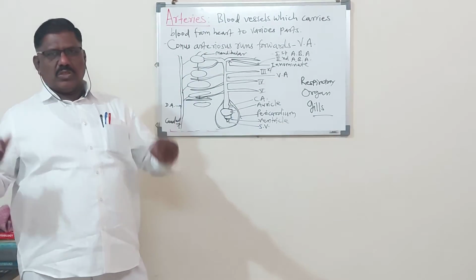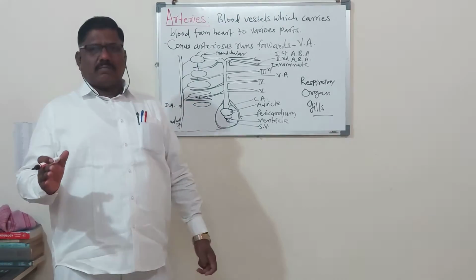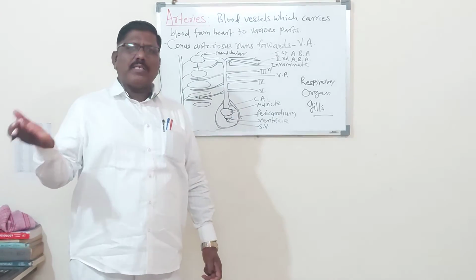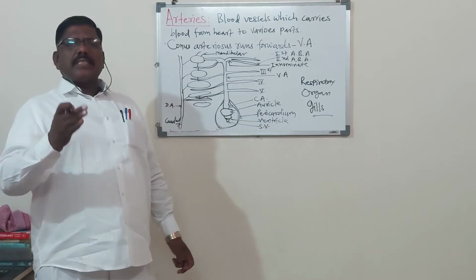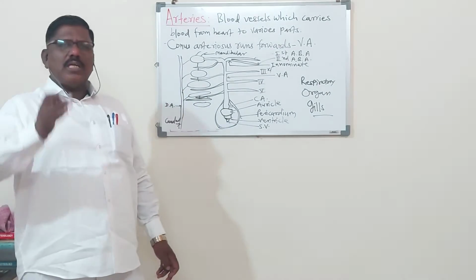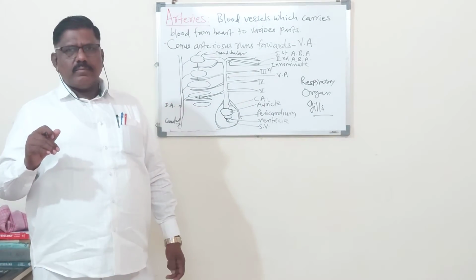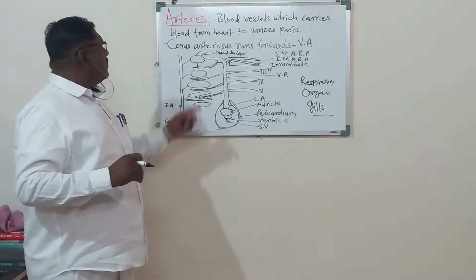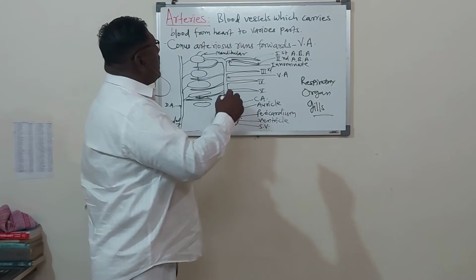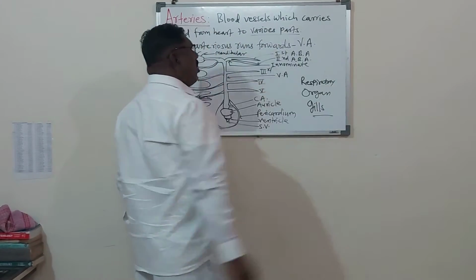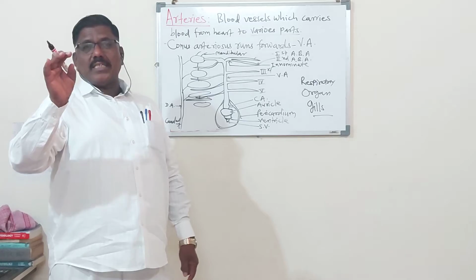Two types of the rivers. One type of river is supplying the pure water, just like a river supplying pure water. So one type of the blood vessels, which is called as the arteries, supplies the pure blood, oxygenated blood, oxygen mixed blood from the heart to the different parts of the body. So here, this is the definition. The blood vessels which carry blood from heart to the various parts. Various parts means various organs. In the organs there is the tissue. In the tissue there are the cells. Cells are the smallest unit of life.